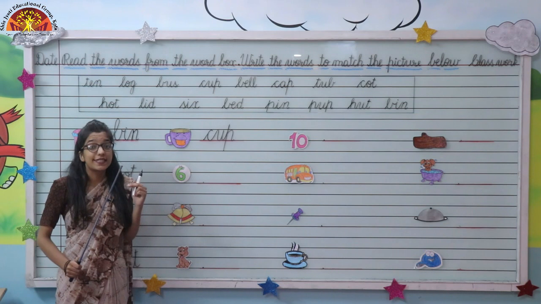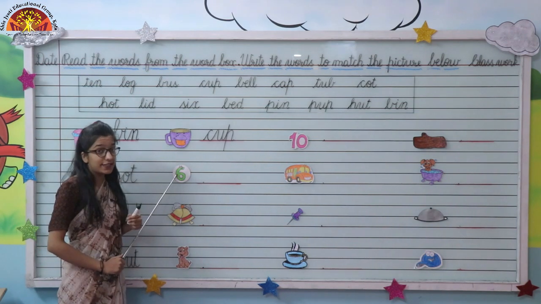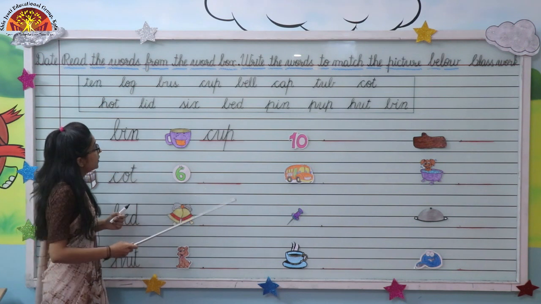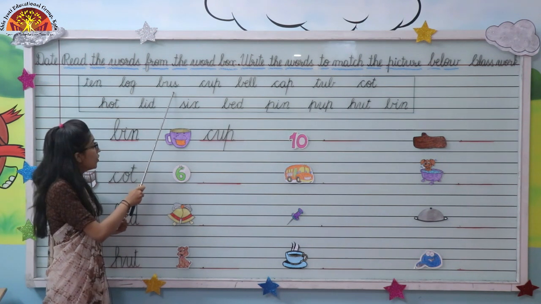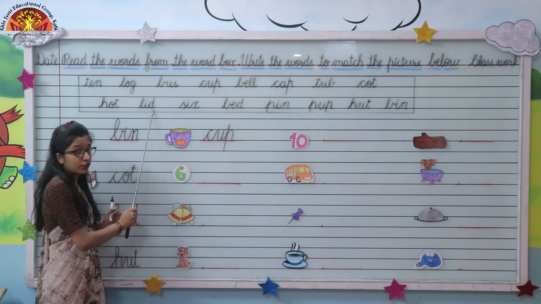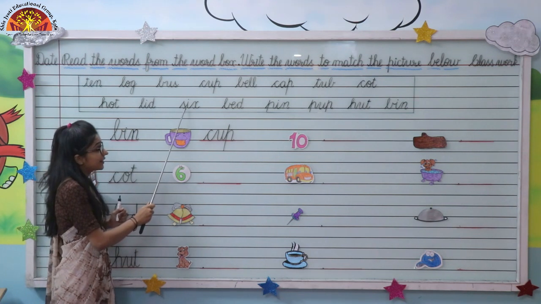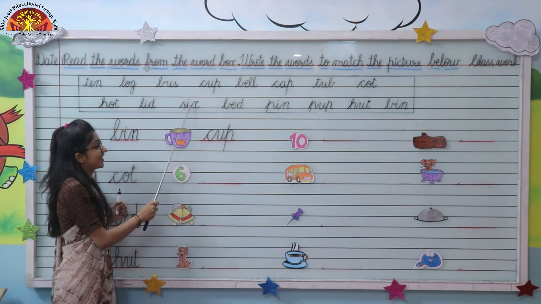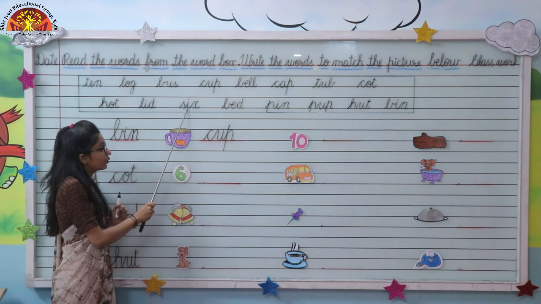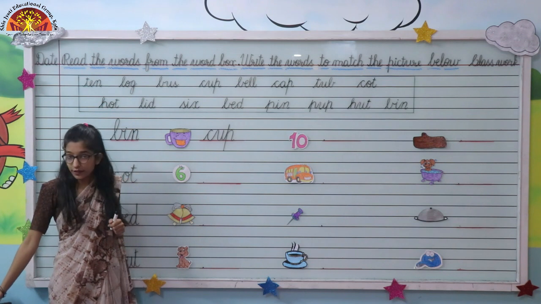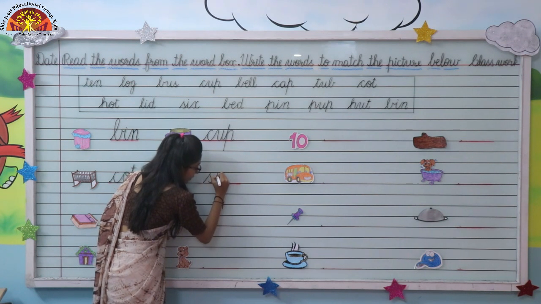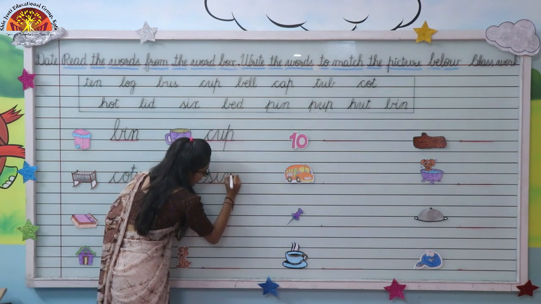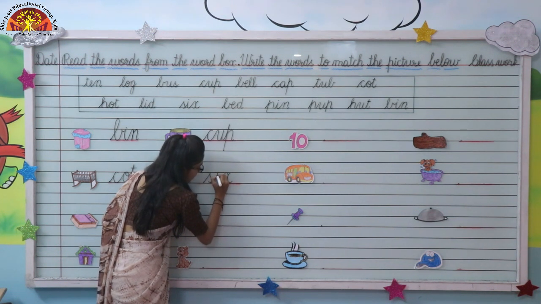Now kids, tell me which numeral is this? This is numeral 6. Now let's find where is the spelling of 6 written. Tell me, is this the spelling of 6? B-U-S, bus. No. This one, L-I-D, lid. No. This one, S-I-X, 6. Yes, this is the spelling of 6. So we have to write the spelling here. Okay. So kids, write spelling of 6 here. S-I-X, 6.